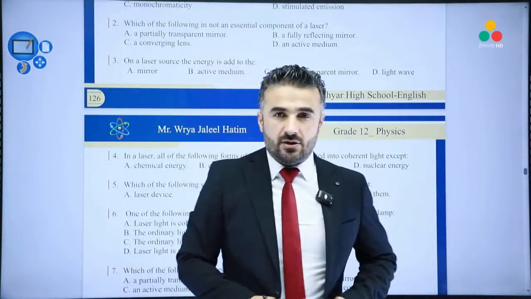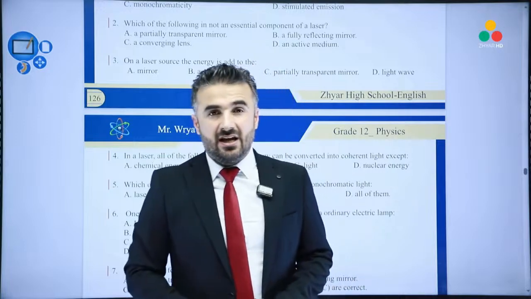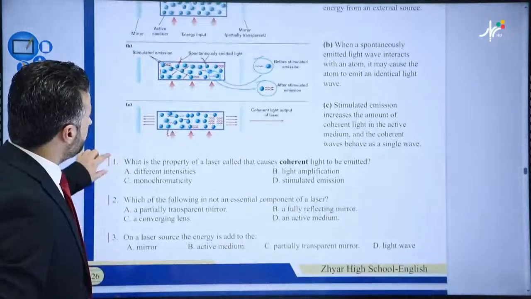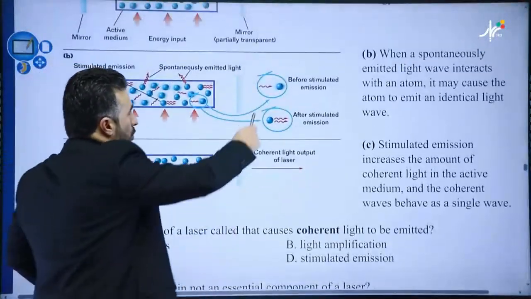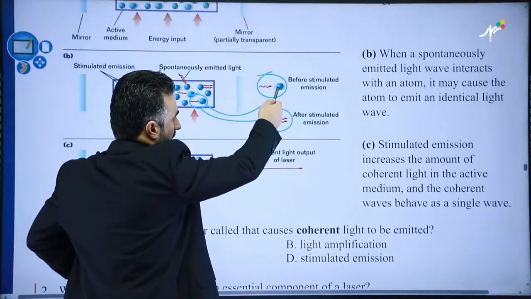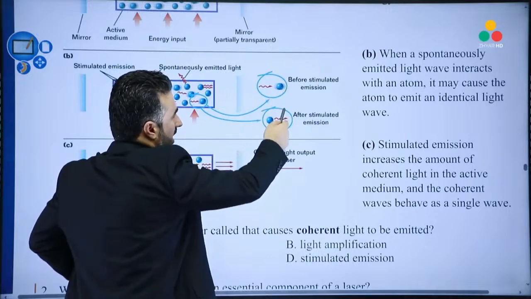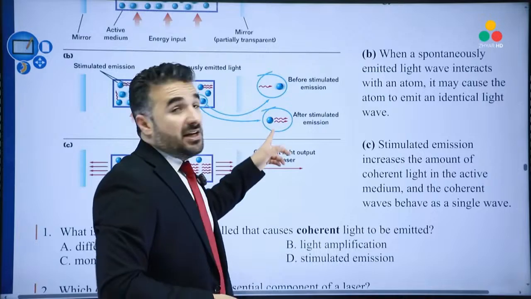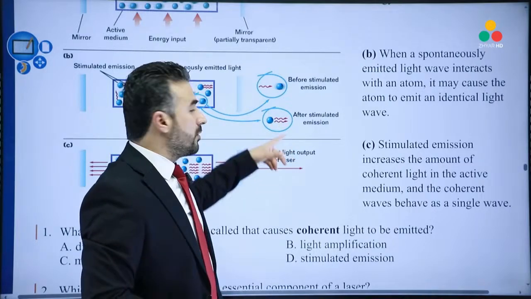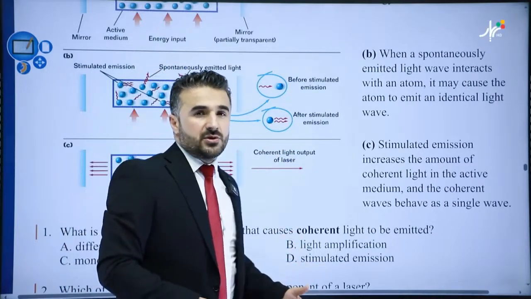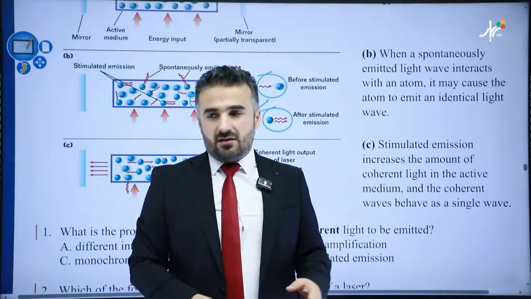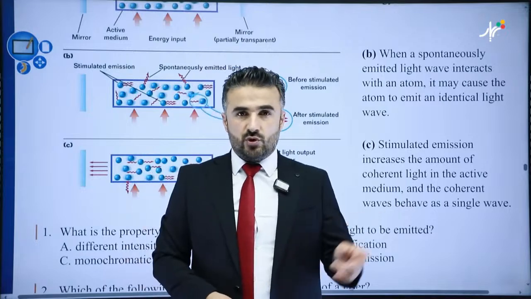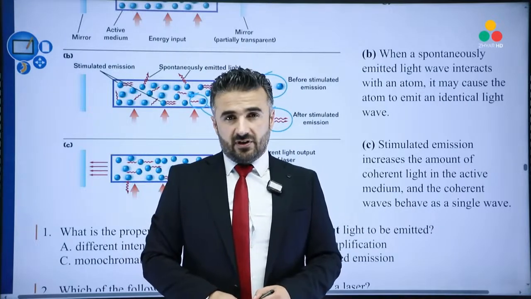But there is one question I haven't answered. When we said one light wave, if I go back to this, you can see one electromagnetic radiation encounters the atom, or the electron, and as a result we get two. Where does the other electromagnetic radiation come from? Doesn't that violate the law of conservation of energy? It's almost like you give 1 joule to an object, and then it gives you 2 joules back.